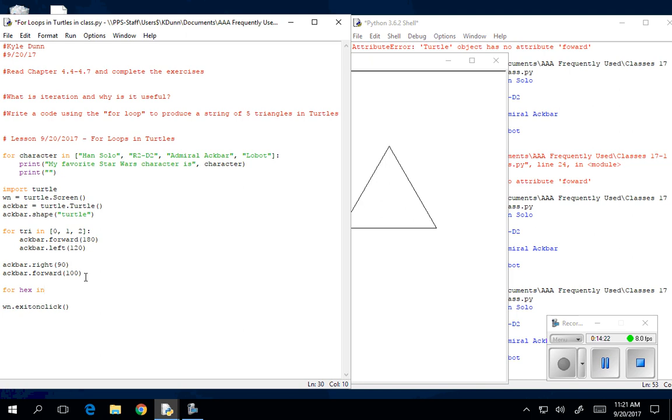Now, hexagon has 6 sides, so I could create a 6-sided object if I want to. And I could do that by using the range function. So I'm going to type the word range here, okay? And in parentheses, I'm going to put 6, okay? And I'm going to end that with my colon. Okay, now what this does is it's the equivalent of this. You don't have to put this necessarily, but it's essentially the equivalent of